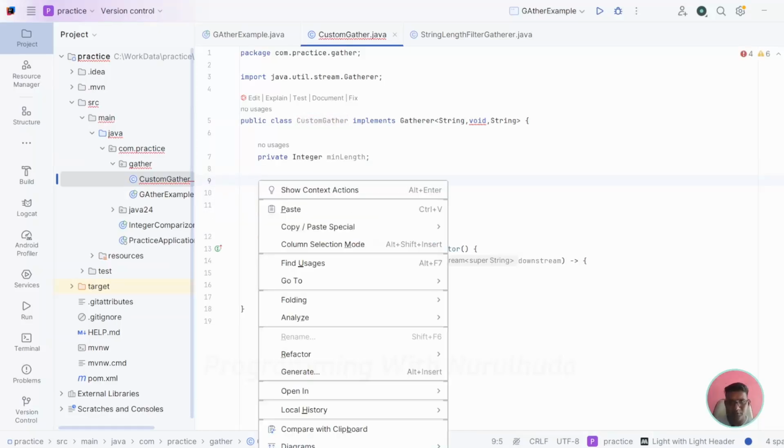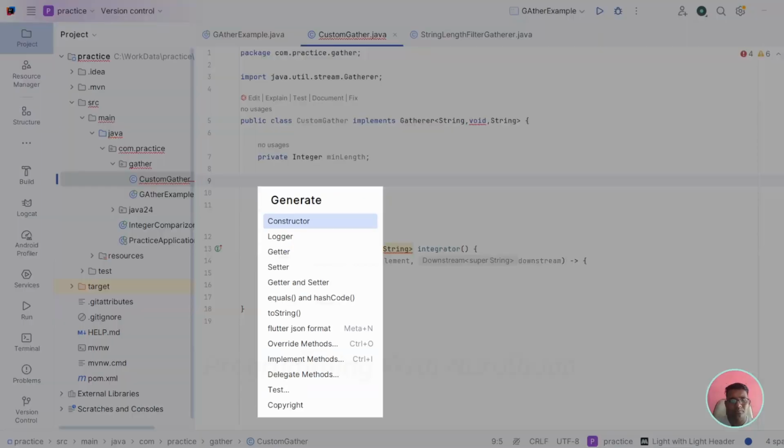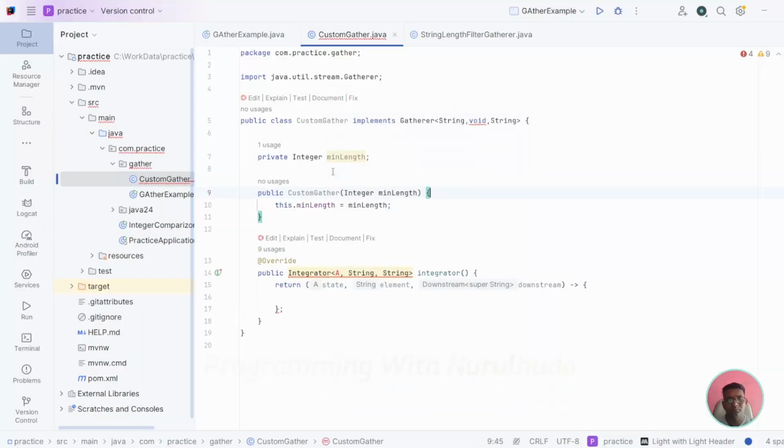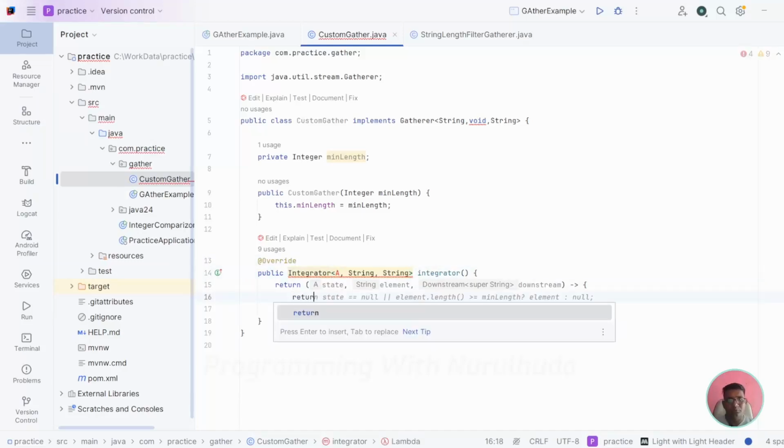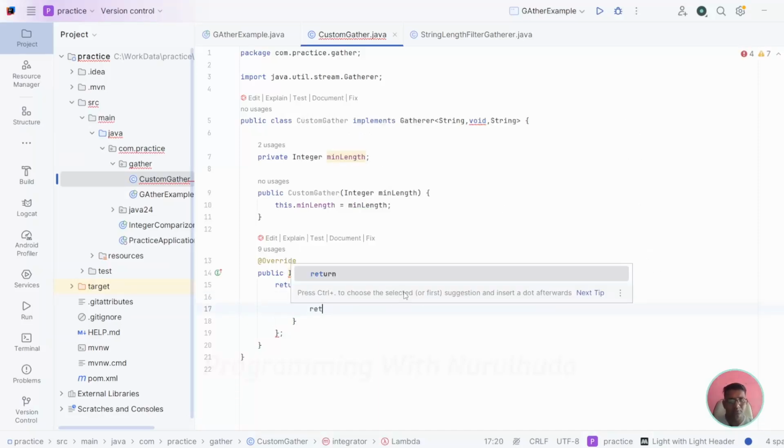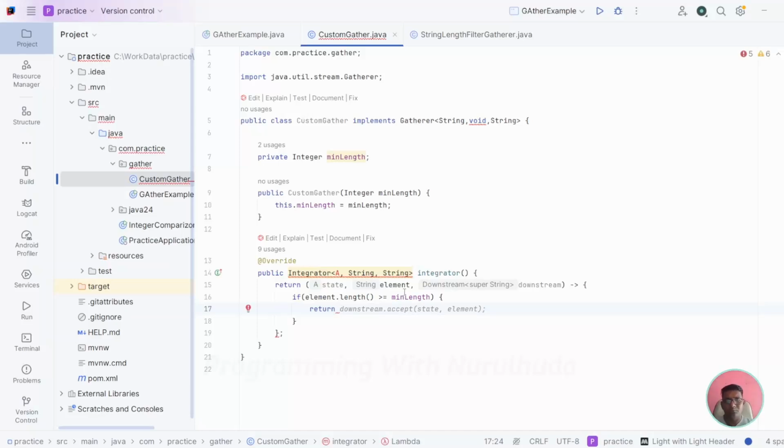Now I add the constructor and return. Now I add what value the predicate checks. If the element value length is at least the minimum length, then return downstream